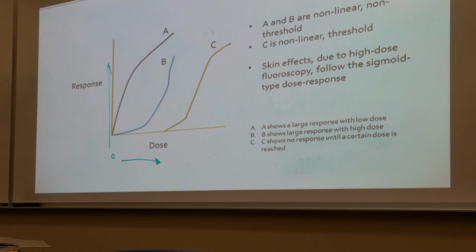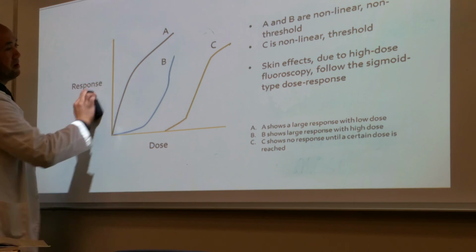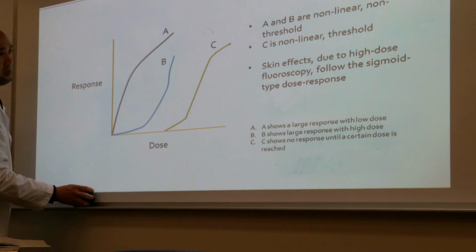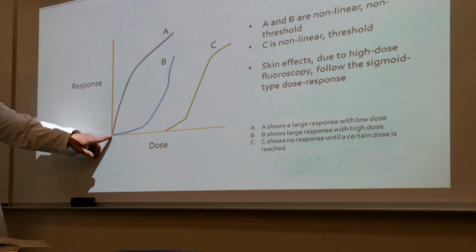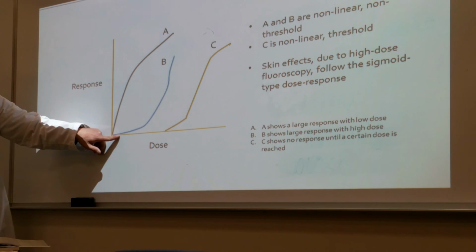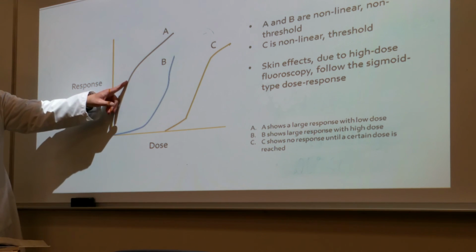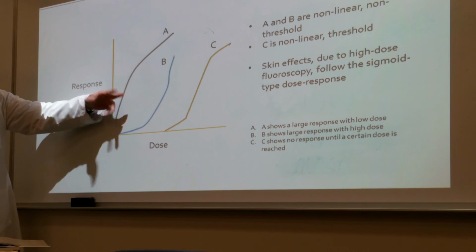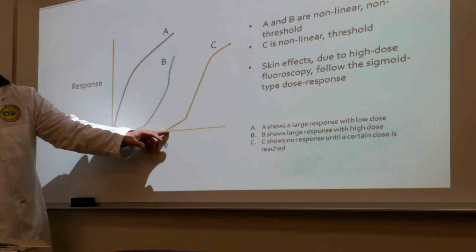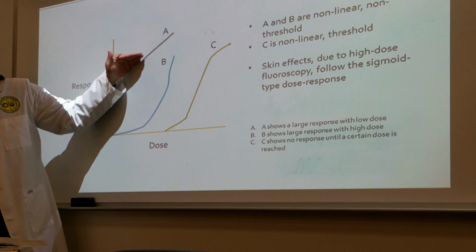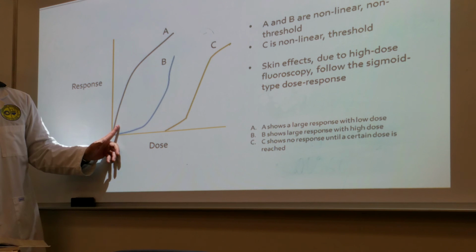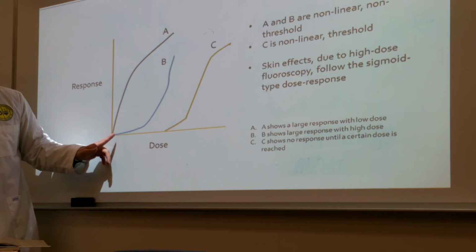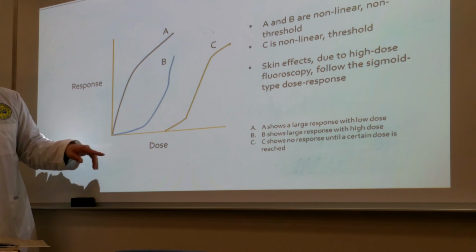All right, so the next one here is your non-linear. Very similar to that of linear. A, no threshold, right? Because as soon as you increase your dosage, there is an immediate response. But it's also showing here that as your dose increases, the response decreases a little bit. It's more sensitive at lower ranges. Yes? B is another one here where it is responsive, also non-threshold.